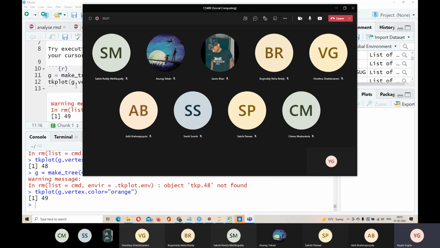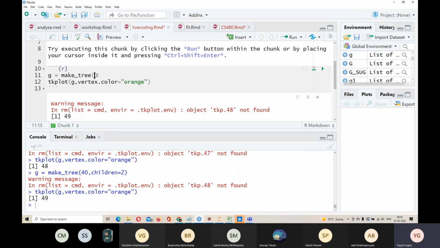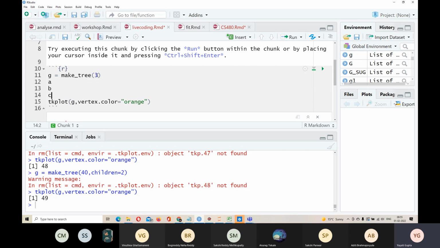Okay. How many friendships can be there between 3 people? So let's say I have these 3 people A, B and C. What are the possible friendships between them? So A can be a friend with B, right? A can be a friend with C, and then B can be a friend with C. Right? These are the possible friendships. So with 3 people, there are 3 friendships.